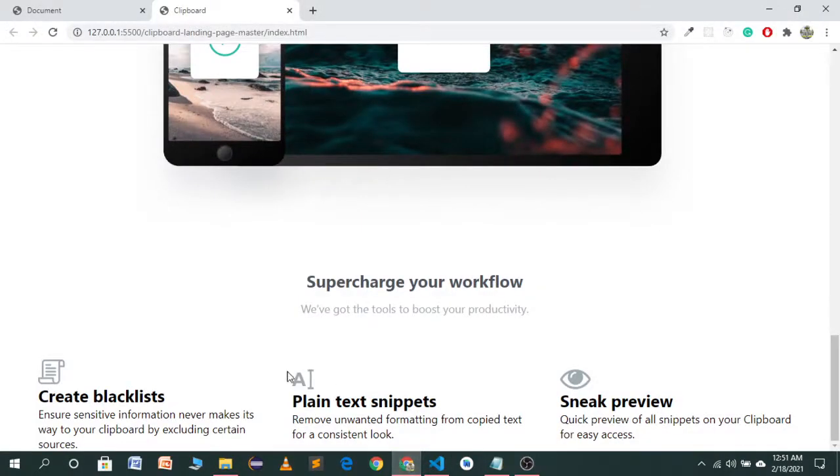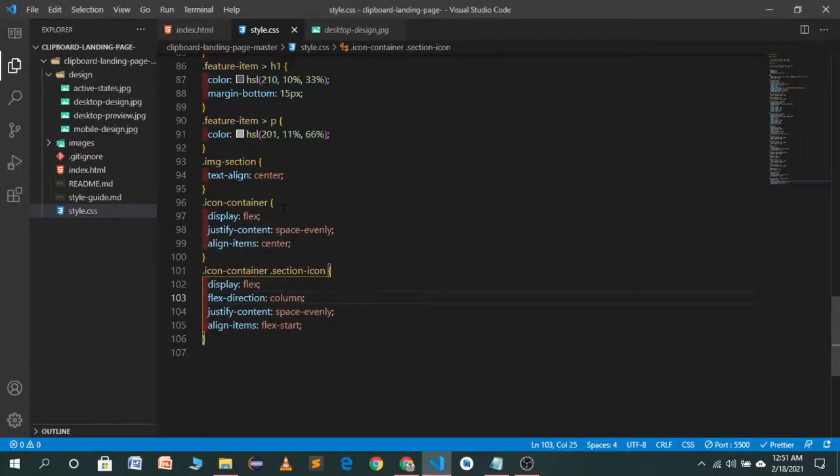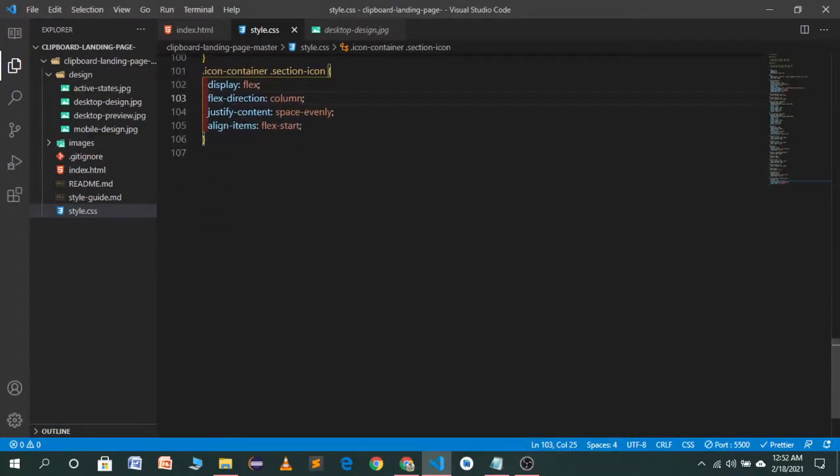Now it's looking beautiful, but we want some space, so we have to target the heading and the paragraph. In section icon we'll target the heading, and we will target the paragraph also.